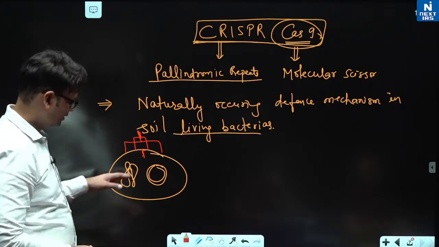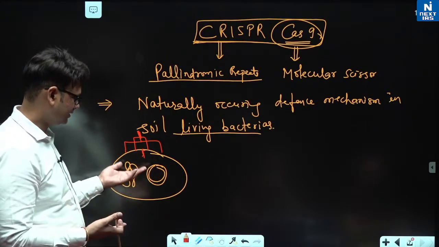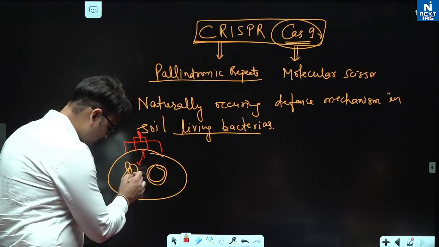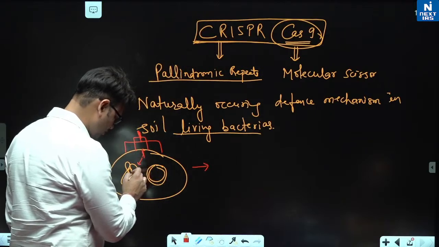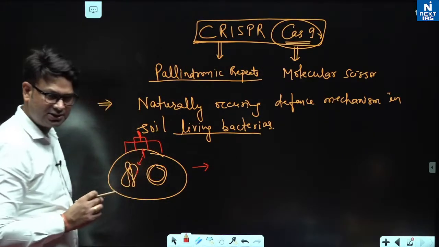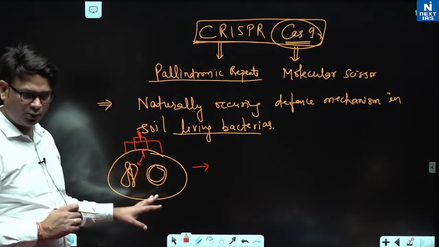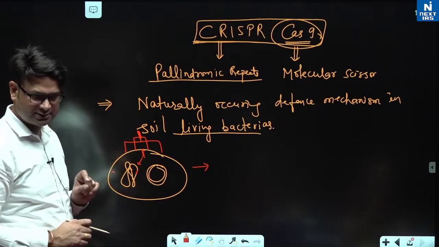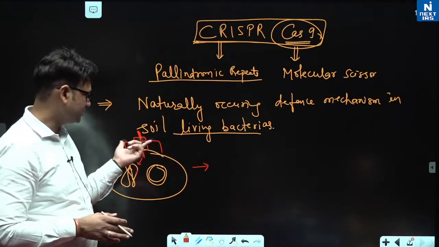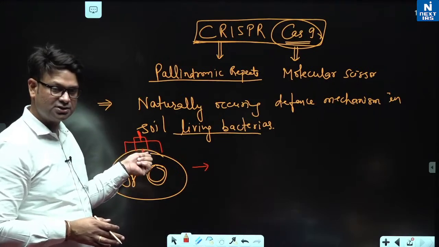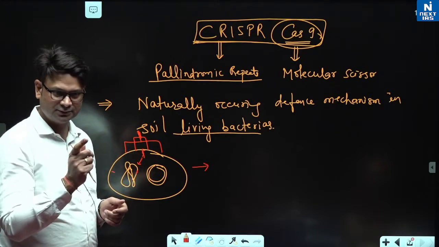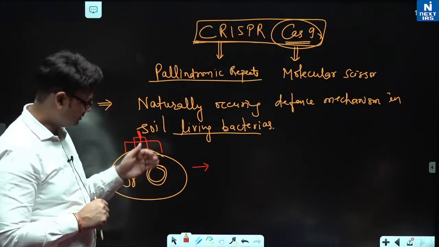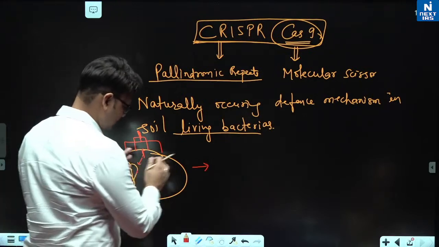bacterium, what happens? Either this bacteria will die, okay, maybe sometime that it does not die, it may survive. So some portion of its DNA is embedded in its structure. ठीक है, अगर हम इसमें देखें तो यहाँ पे जब ये इसमें होगा तो some portion is embedded in its structure. ठीक है, अब क्या हुआ कि अब अगर next time पे ये same bacteria which have embedded some portion of viral DNA in its DNA, then if on the second attack by the same virus, it will recognize that there is something which is coming. So it will create a guide RNA, right, which will be associated with some nucleases and break down that incoming infectious DNA. ठीक है, तो क्या होगा in this next